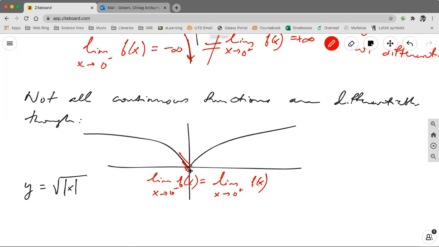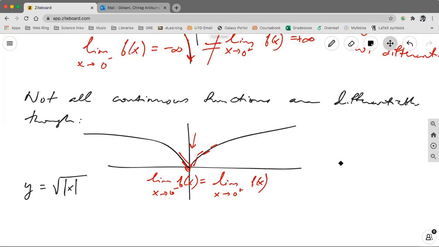It has a break, right? And so something funny is happening here. Generally, when you have sharp points, your graph will not be differentiable. So this is an example of a graph, and you can play with it. This is the equation for this graph, square root of absolute value of x. Generally, when you have sharp points, your graph will not be differentiable, and this is an example of a continuous